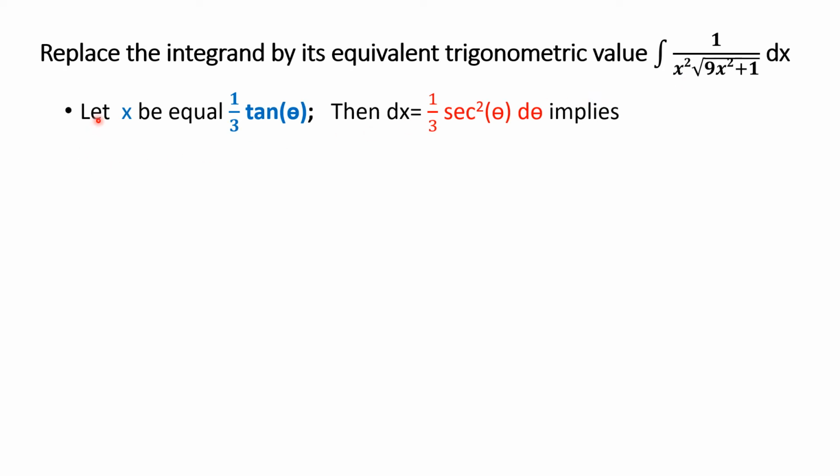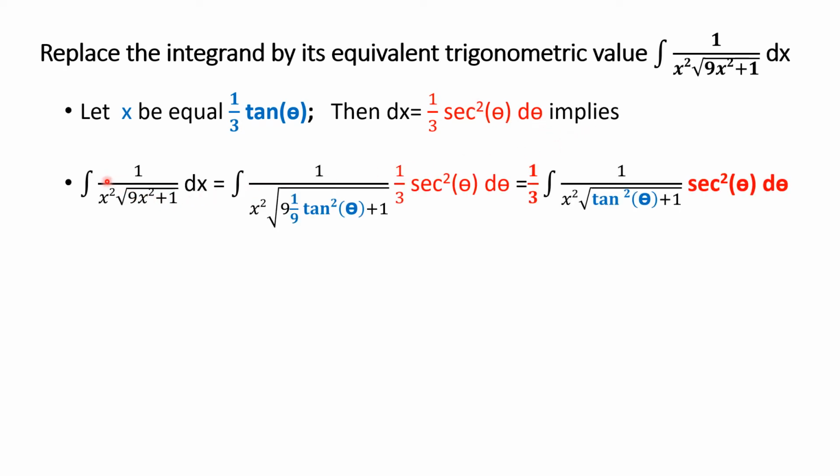So let x be equal to 1 over 3 tan theta. If x is equal to 1 over 3 tan theta, let's do the derivative of both sides. So dx will be equal to 1 over 3 sec square theta d theta. This implies the following. Integration of 1 divided by x square, square root of 9x square plus 1 dx equals